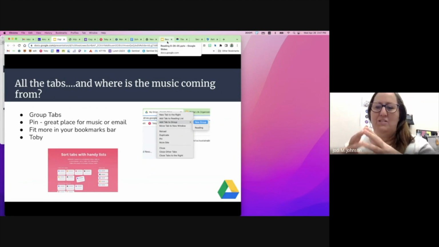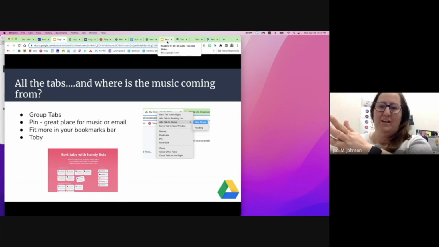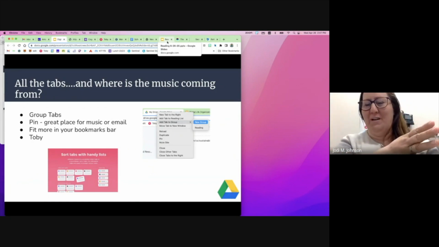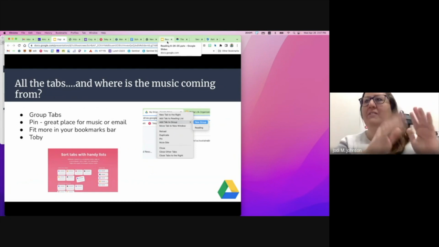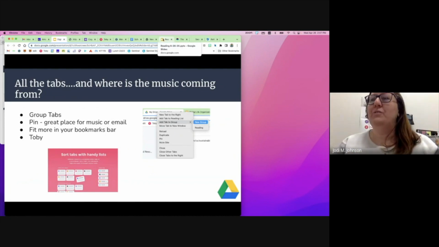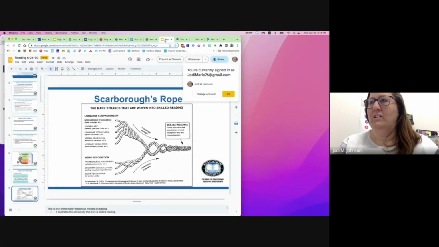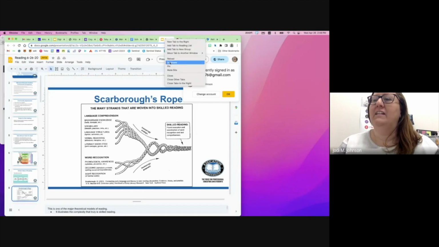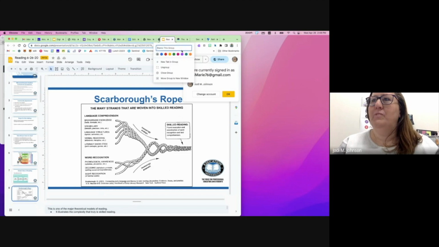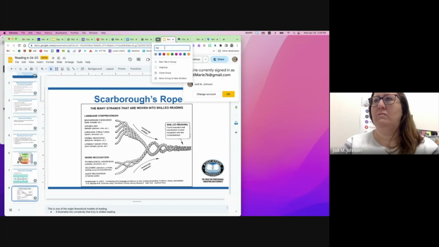If you're like me, you tend to have all the tabs open for the project I'm working on in reading. I have all the tabs open for the project I'm working on for the preschool staff. If you click one of these and then you right click on it, and if you're on a Mac, it's Control and then the touchpad, and click on Add to a new group,